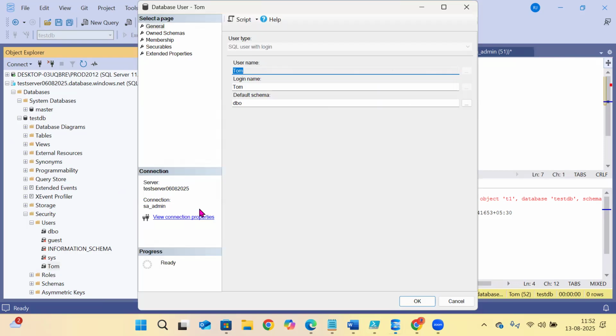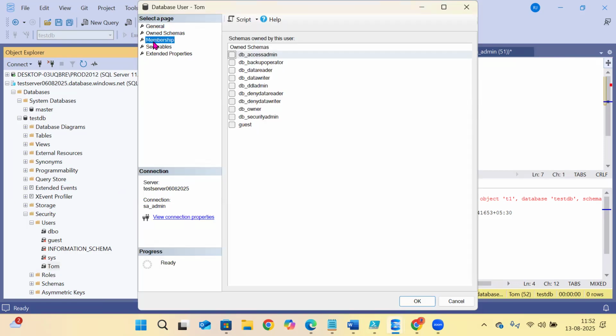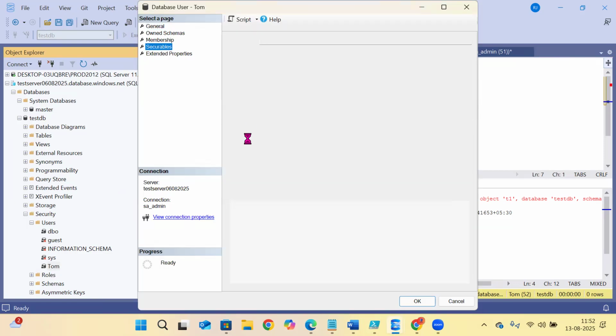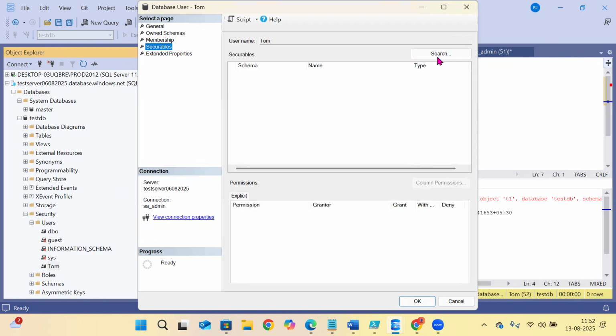I think it has come now. Go here, go to Owned Schema, Membership. You can go with the Securable. It is almost the same, right? You can search